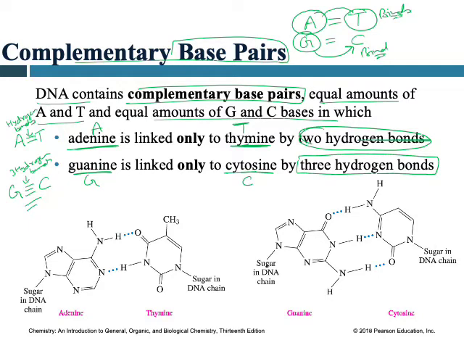right? And then you can also see the structure. Structurally you can say this is one hydrogen bond, this is the second hydrogen bond between A and T, right? Similarly between G and C you have 3 hydrogen bonds, 1 2 3. So if your DNA molecule has a high number of GC, or high number of guanine and cytosine, that means your DNA is strong because you have 3 hydrogen bonds compared to a high number of adenine and thymine, because adenine and thymine are bound through only 2 bonds,